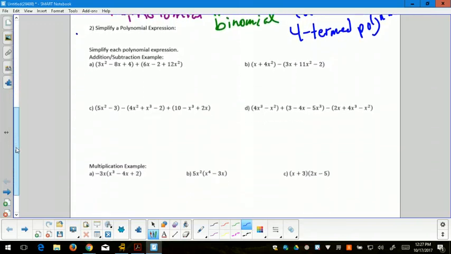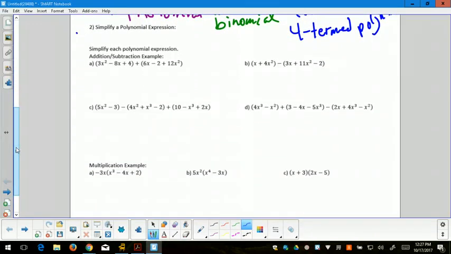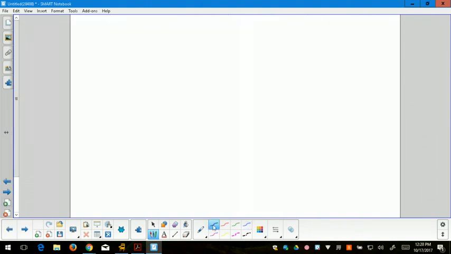Simplifying polynomial expressions. We're going to be looking at 2 primary skills here, adding and subtracting, and multiplication. Multiplication is down at the bottom. So when we do this, we have to be careful. Are we multiplying things, or are we combining like terms? The reason we need to be careful is, and this is where people get lost, there's a difference between